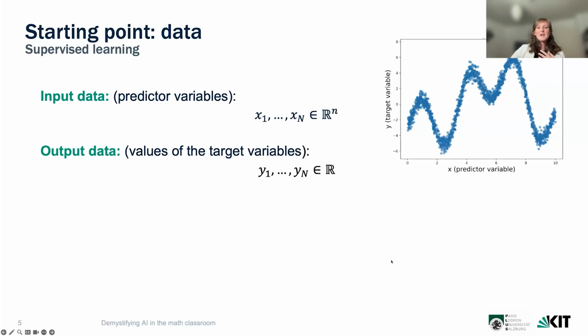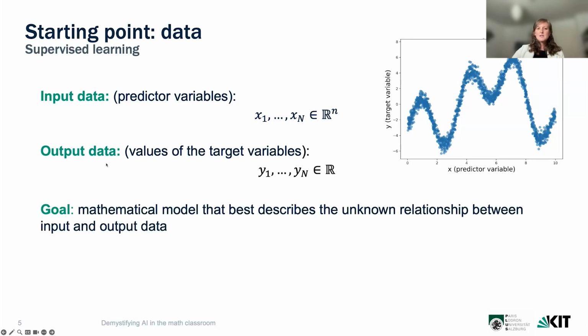So the starting point when it comes to developing a machine learning method in order to develop an AI application is, in most modern cases, data. And this data consists of input data and output data when it comes to supervised learning. The most simple case of imagining how the data might look can be seen in this two-dimensional plot. So we have just one input variable and one output variable. And the main goal when it comes to developing an AI system based on supervised machine learning from a mathematical perspective